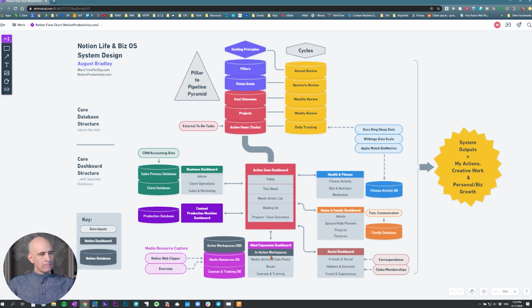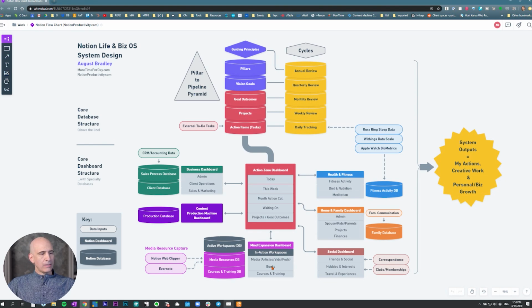And then finally at the bottom, we have the Mind Expansion dashboard, which we're going to do videos on as well. But it's a little bit different than the others, which is why it's directly under as a support, holding it up. So in that, we have 3 key areas: the media database in the media dashboard, which is about articles, videos, and podcasts that are providing information that's useful for projects and tasks I'm actively engaged with. All of these elements in the database could be linked to tasks as well, so they're easily accessible and they don't get lost. They're connected to the action items that are relevant to that information.